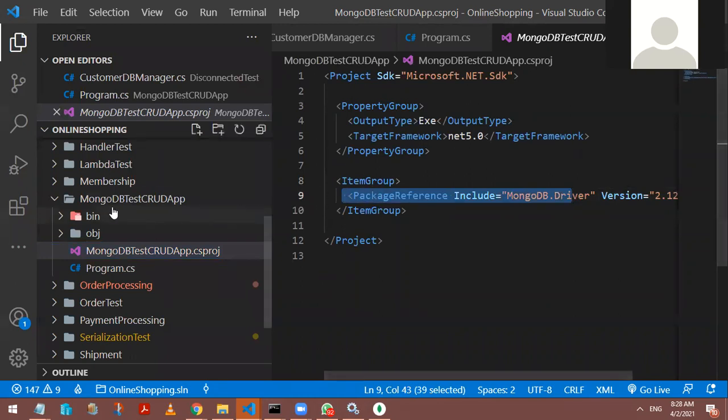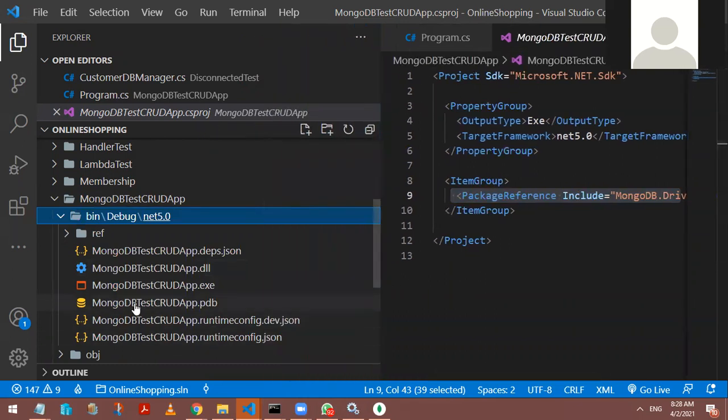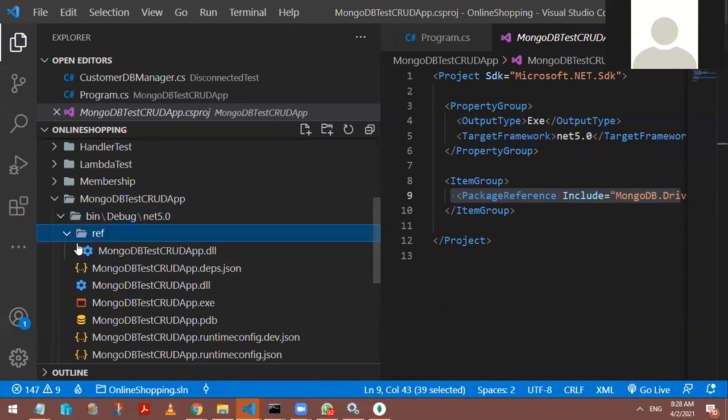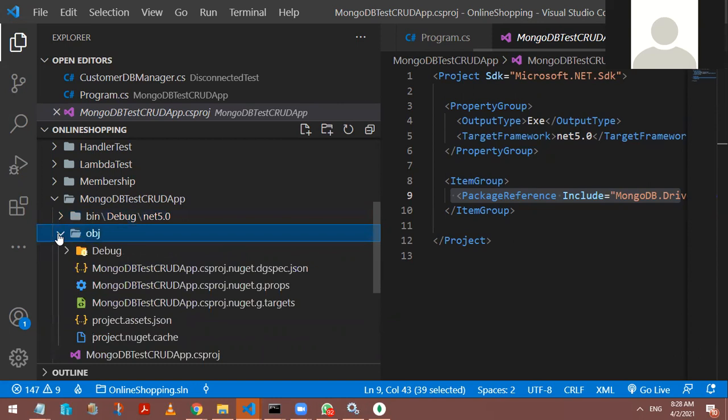Corresponding code might have been kept under your bin folder. Can you see under the bin folder? DLL is there, plus other configurations are there. Can you just look around your ref? Under ref, you get your DLL. Can I also go back and see something called the obj folder?